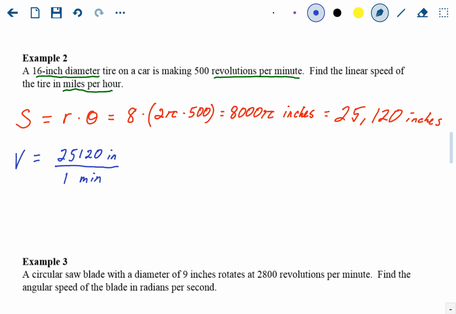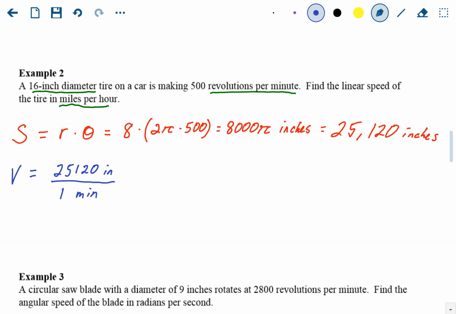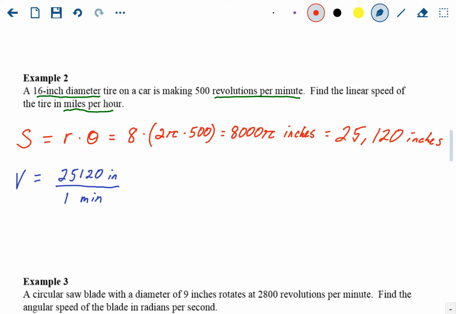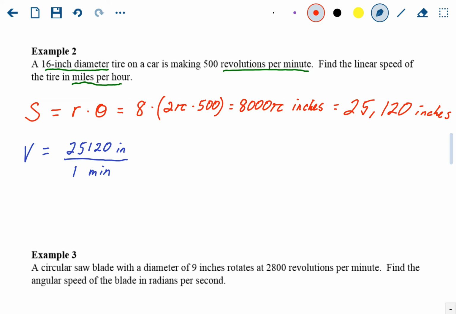So we're going to have to get rid of the inches and convert it to miles, and we're going to have to get rid of minutes and convert it to hours. Okay. So you've probably done this in science. You've probably done it in math before. But we need to, it's called dimensional analysis. We need to get rid of these units. So let's start with minutes. Okay. I have minutes, but I need hours. So you have to think of some conversion rate to get minutes into hours. Well, I know that there's 60 minutes